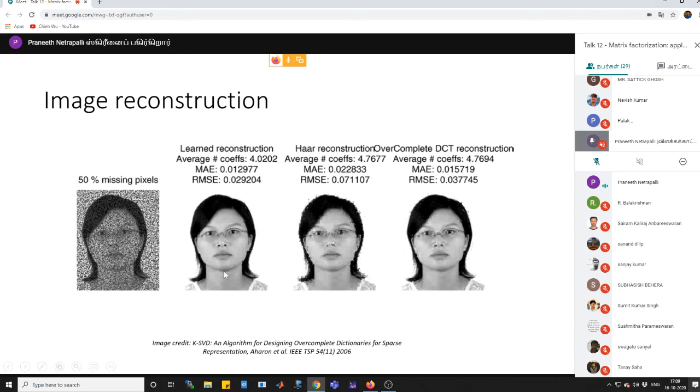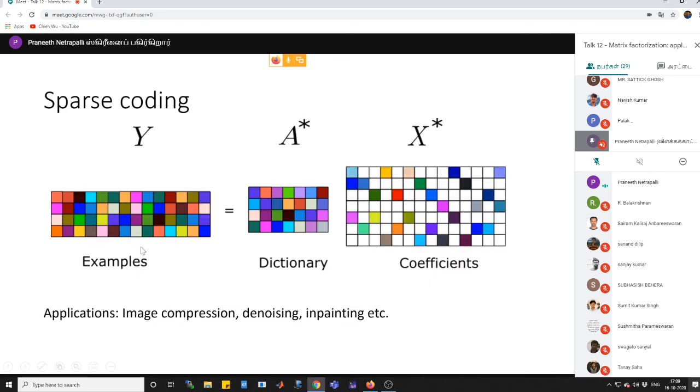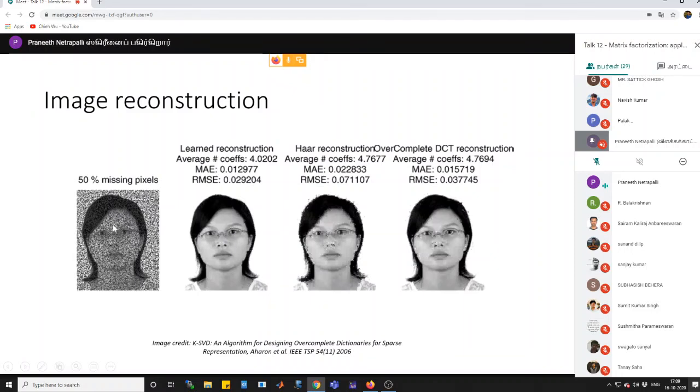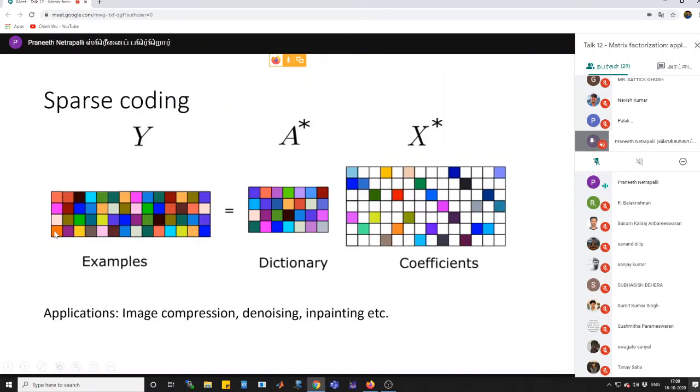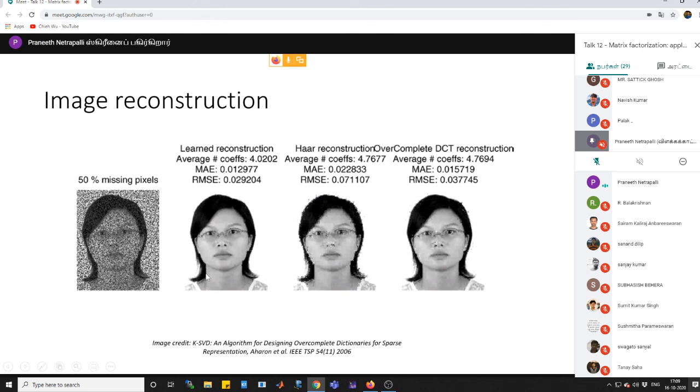Whereas what this one does is you take a bunch of facial images, right? Each column here corresponds to a facial image. Then you learn a dictionary which works well for facial images. And then you think of this as a new image, right? You take this column and you want to find a sparse representation for this image in this basis, and that will be your reconstruction. So you can see that this is much better in terms of visual quality compared to these other methods.